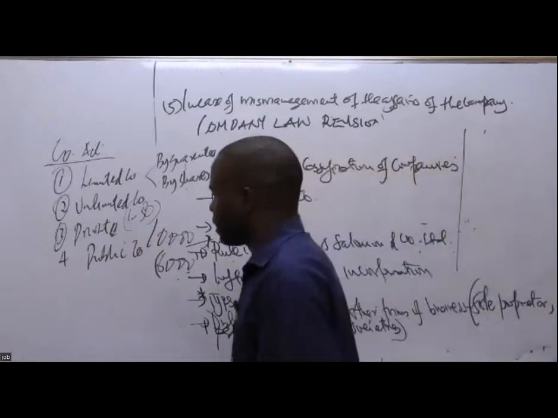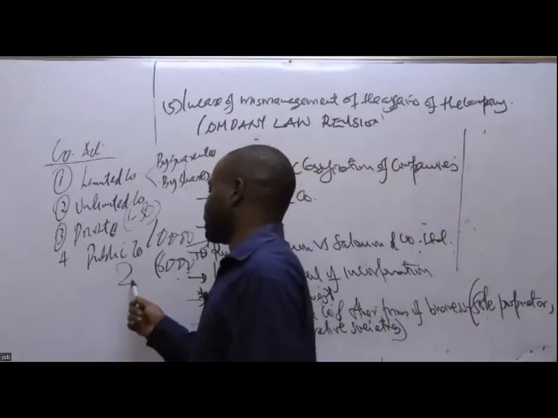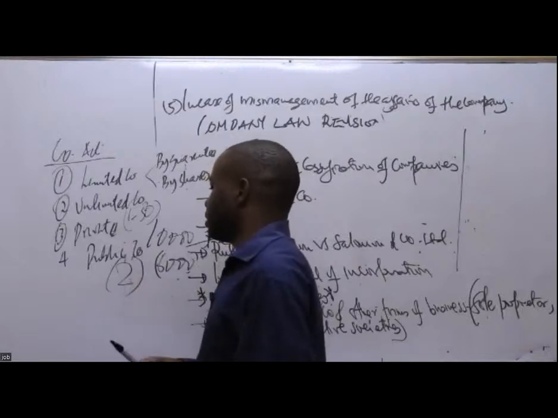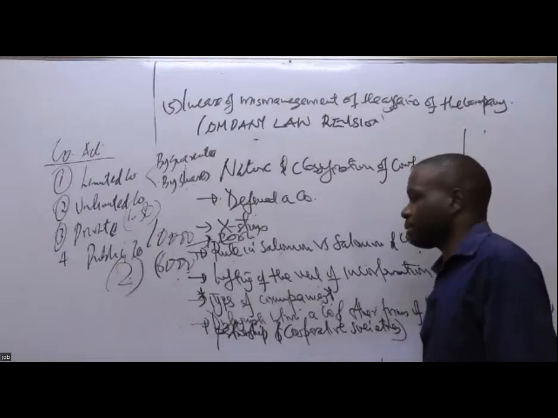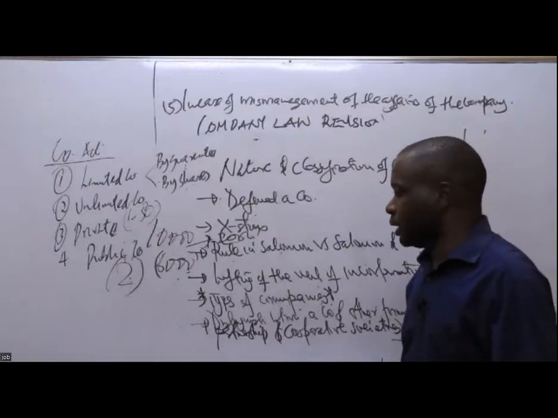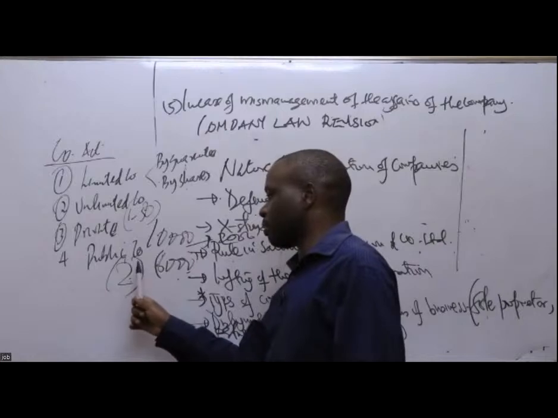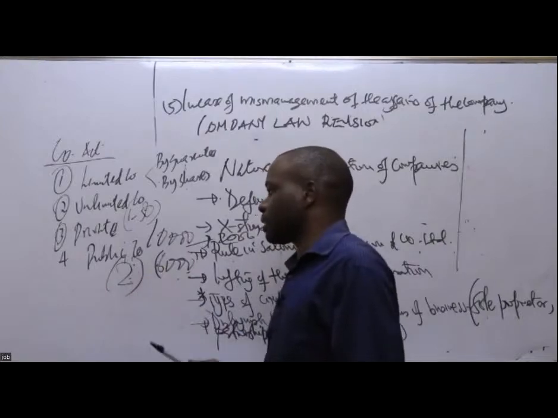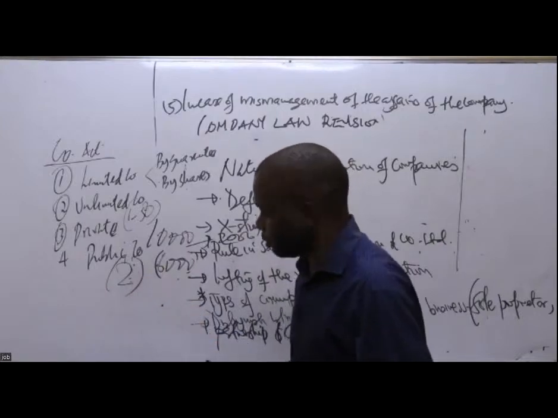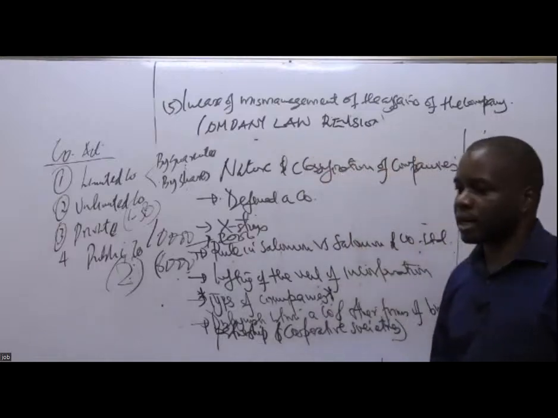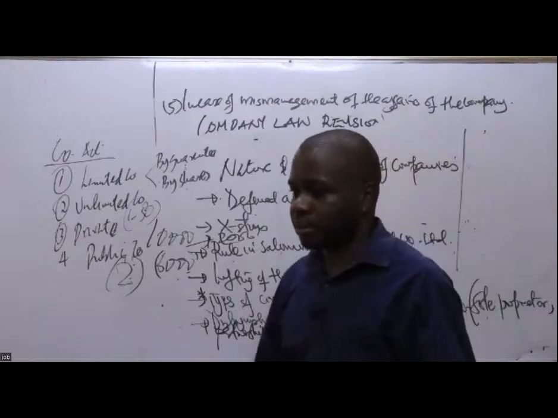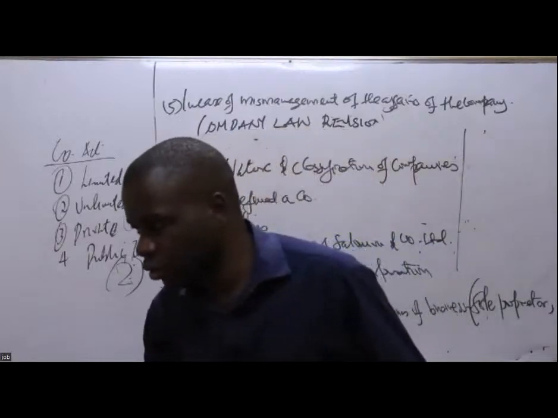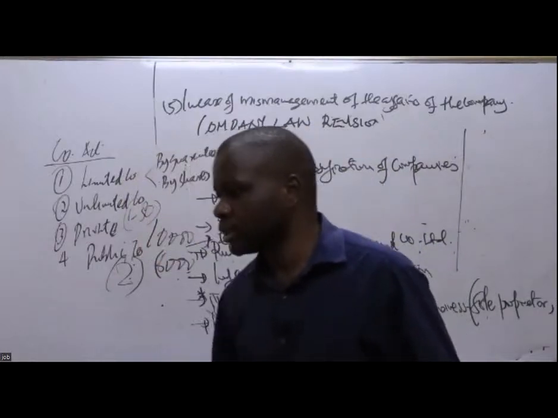What is a public company? It is a type of a company whereby you define it by the membership also. The minimum number of members is 2. And there's usually no maximum limit. So it can go even to 1 trillion members. So the minimum number of members in a public company is 2. There's no maximum limit. Also, you need to know that a public company can invite members of the public to apply or subscribe for its shares.